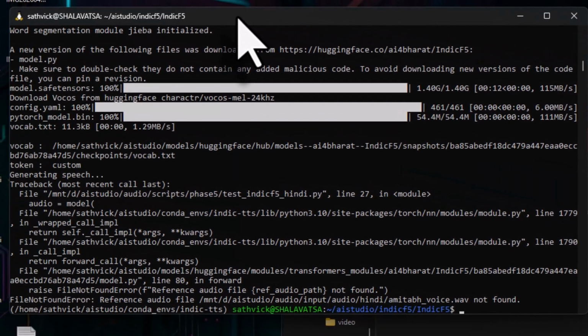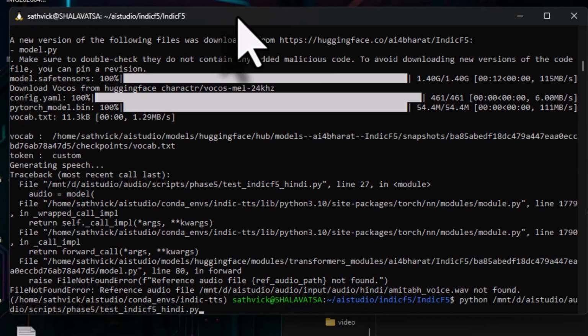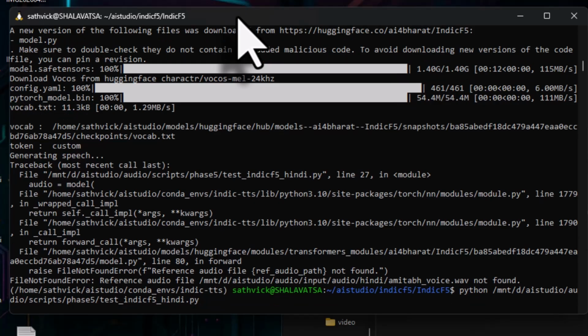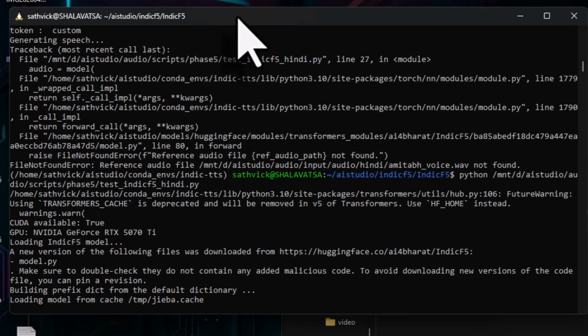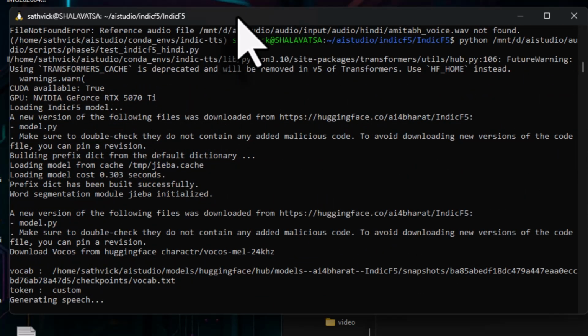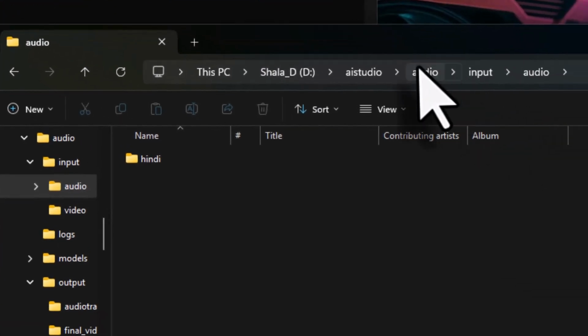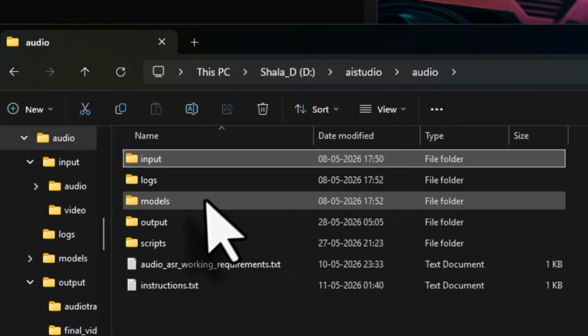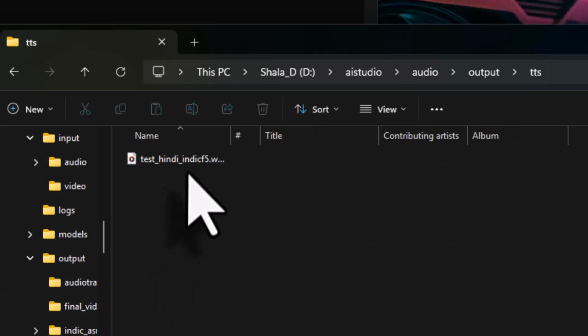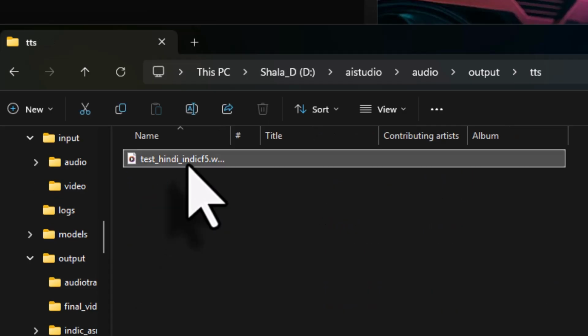Now I will come back, press the up arrow to call my previous command, and now if I execute it, the model is already downloaded, and you can see it is generating the speech, and it has saved it in the audio output TTS folder. So if I come here into my Explorer, audio, output, TTS, you have the test file, and if I right click and open it and play it,